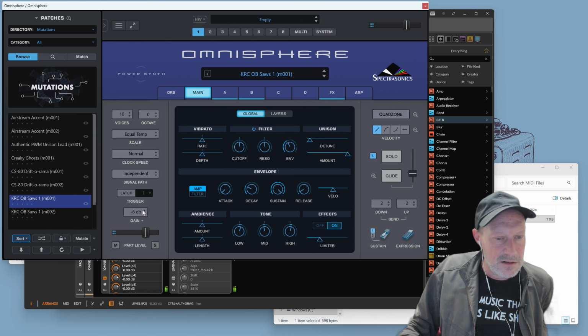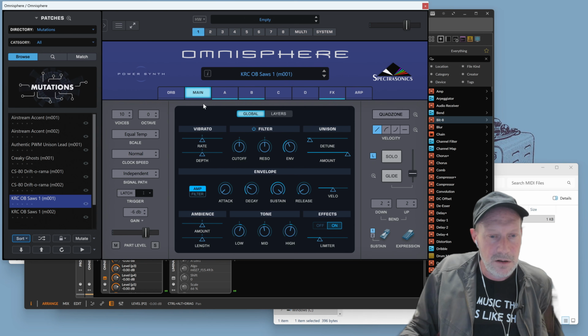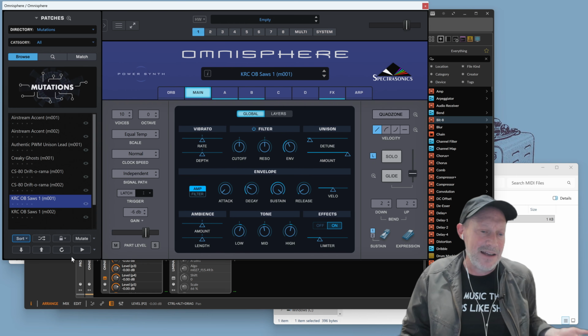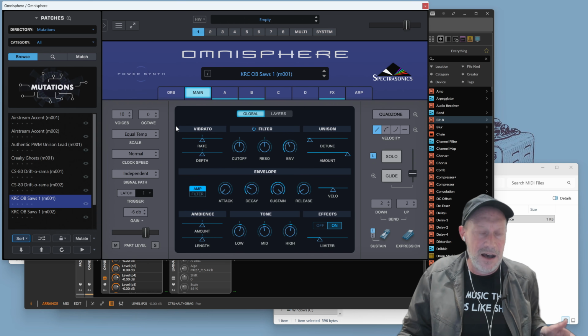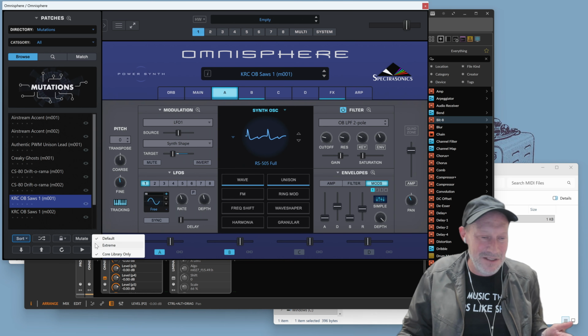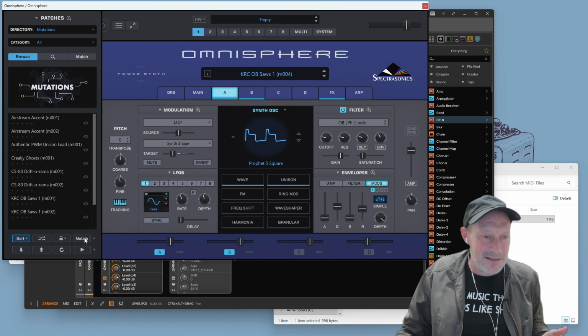And mutation. Why am I not seeing mutation? Oh man, am I gonna have to edit this part out? Oh yeah, it's down here in the sound browser. Okay, so if we take this patch and mutate it, we can hit this little button down here. Note that there is a little fly out, so you can do default or extreme. Okay, and if we hit mutate, this is going to generate a different version of this patch,